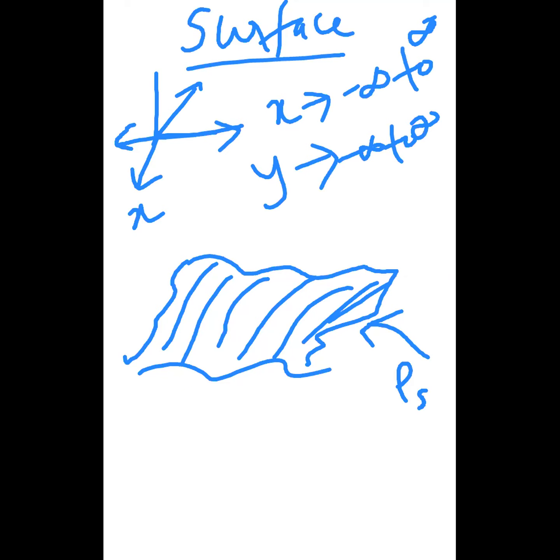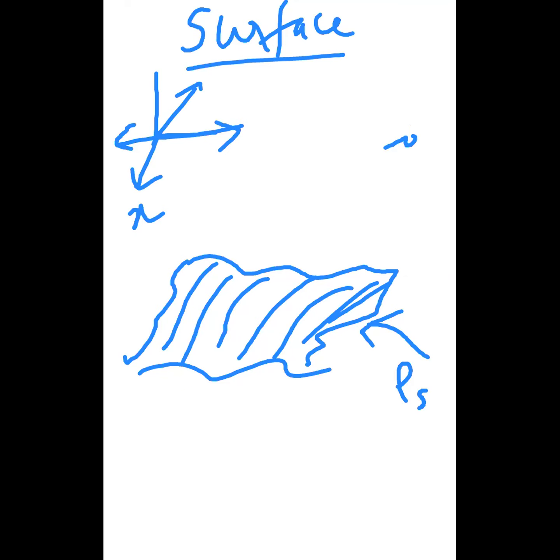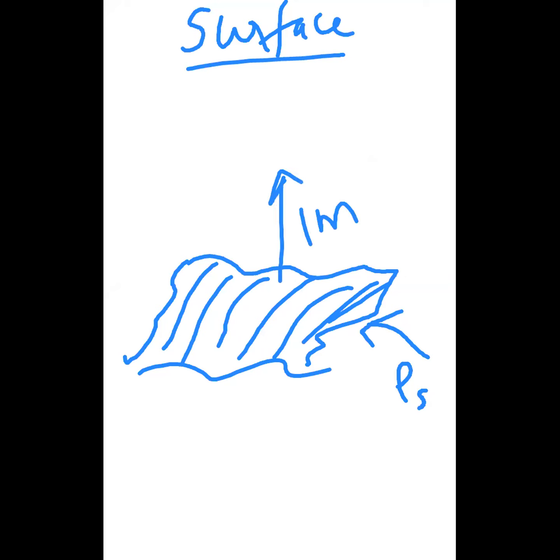Then what is the total charge here? Definitely, as the surface is infinite, the total charge is also infinite. That's why we will not calculate the total charge. We will only have the surface charge density, rho s coulomb per meter square. Now my idea is, I am standing just above the surface, say for example at a height of 1 meter.